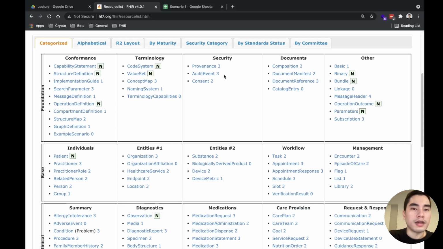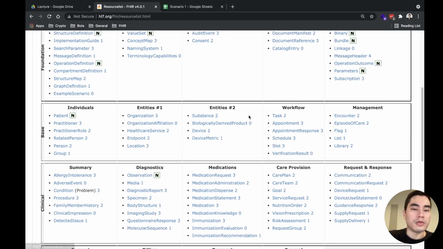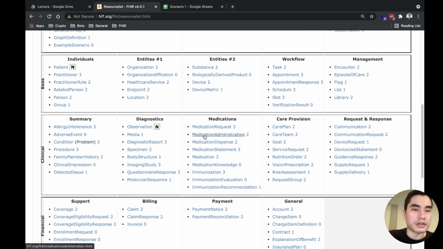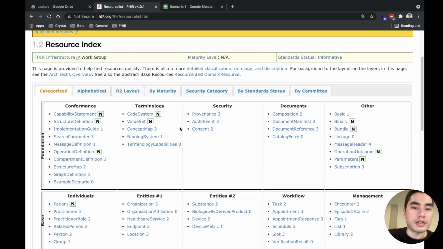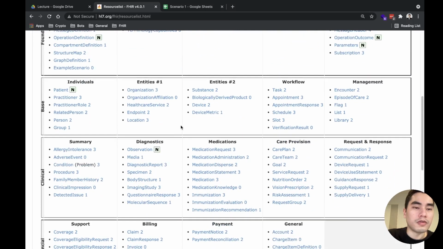That is why in the last session I went through all the important FHIR resources. You can revisit that video if you forget some important resources.